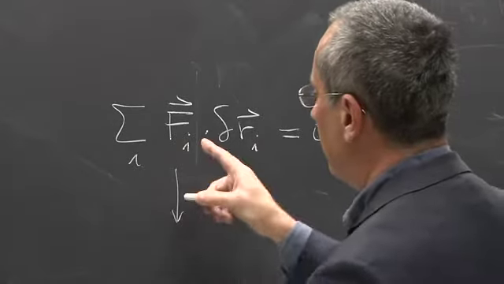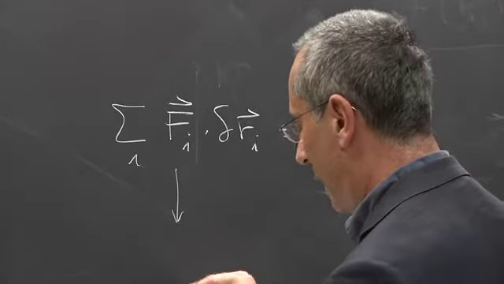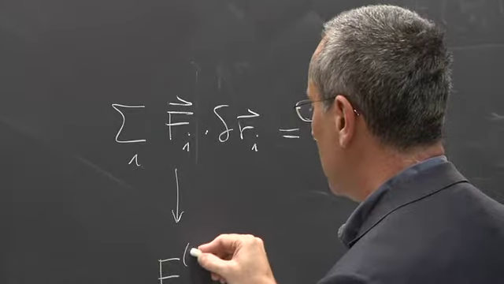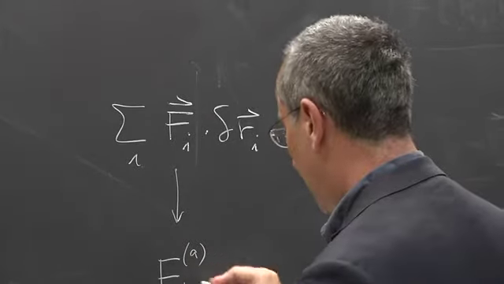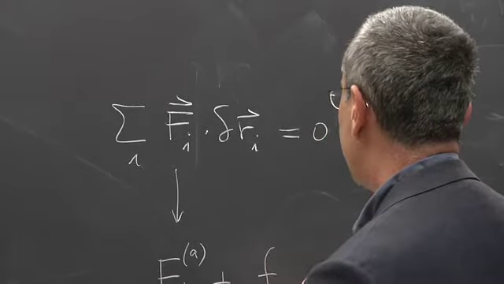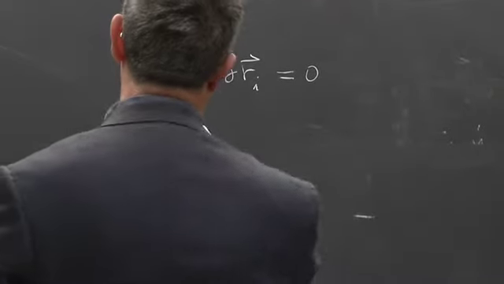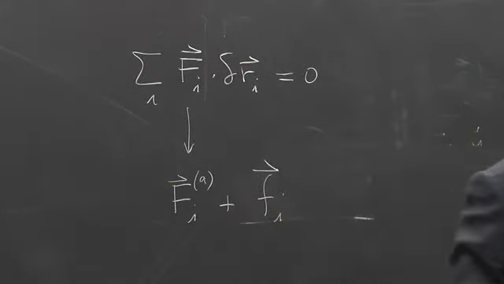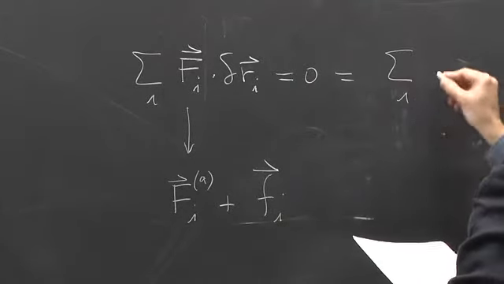Now, the forces of my system are made of two parts, right? You have the applied forces, so external forces, if you wish. So let's call it applied forces, and I put a little a on top here, plus the forces coming from the constraints that unfortunately are still there, but I'm going to get rid of that. So this force has two components, the external force, the applied force, and the constraint force. Okay? So in other words, this thing really should be written as the sum of two pieces